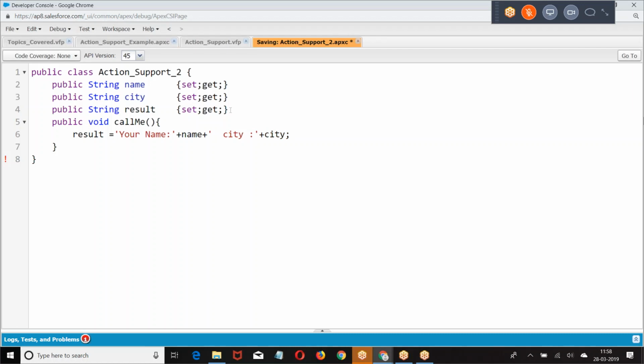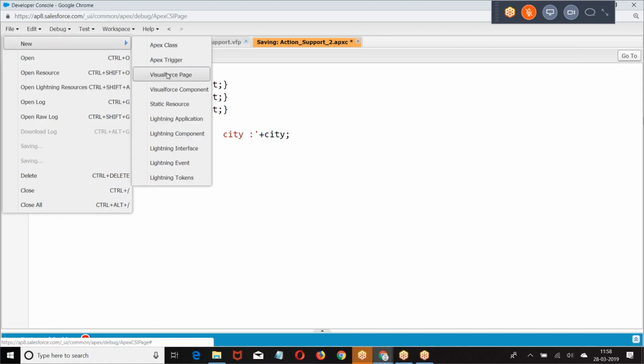When you call this, what is the output we are going to get? Your name is the following value, city is so. This is the basic example. Am I right? Okay. Let us go to the VF page.